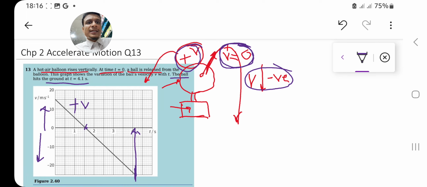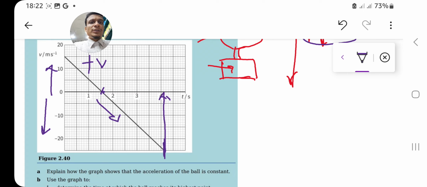And from here the ball will go down. After the graph touches the time axis, that is, the velocity becomes 0, the ball will go downward and will touch the ground. So dear students, the first part, part A, asks: